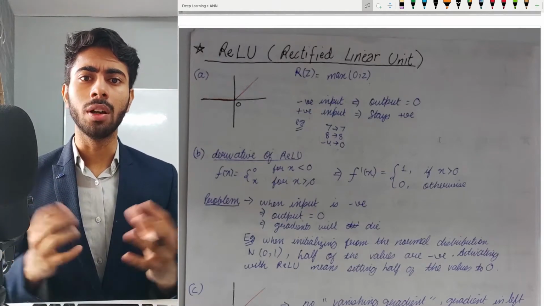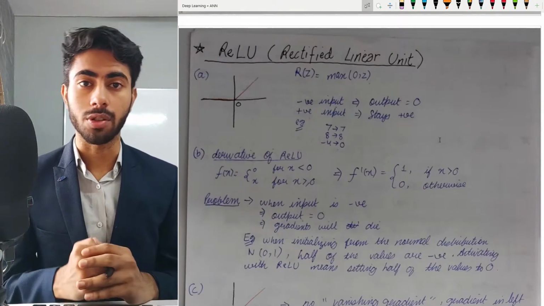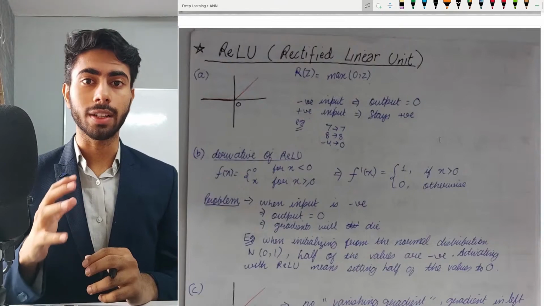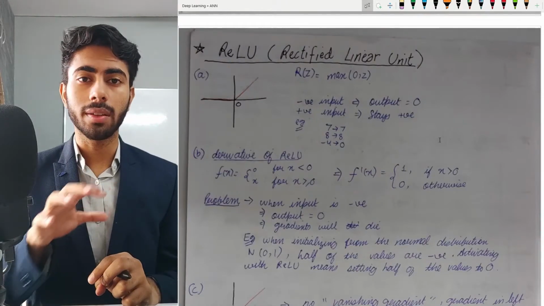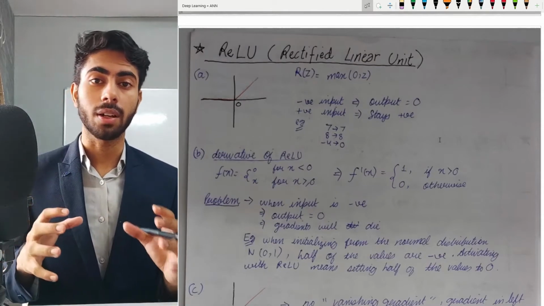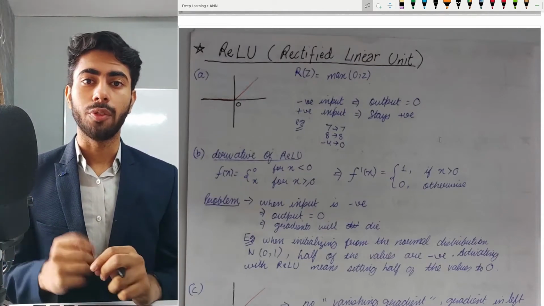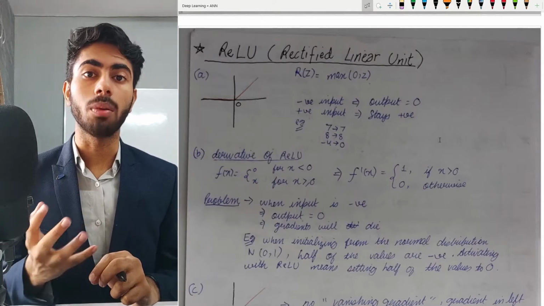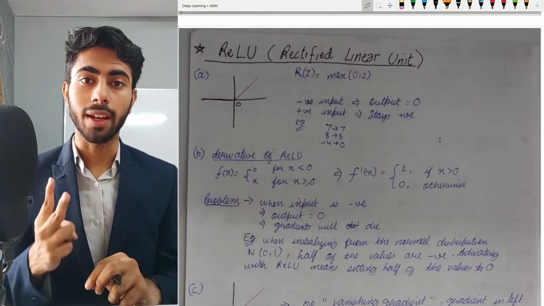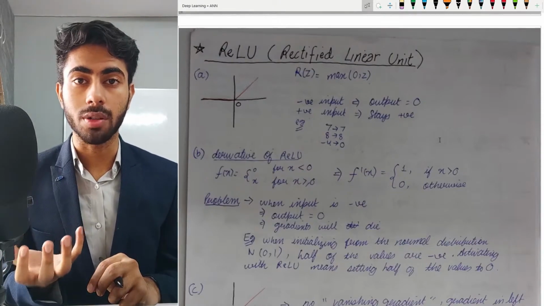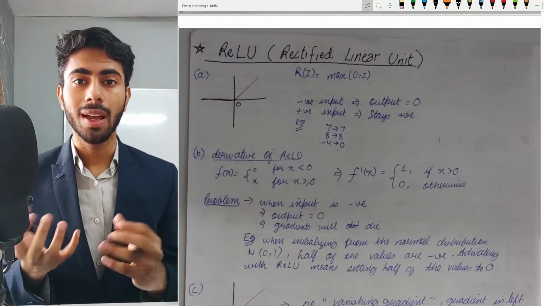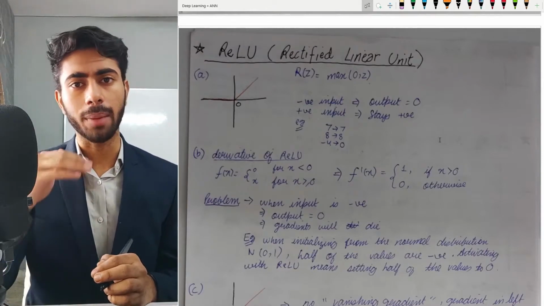So till now we have learned about sigmoid and tanh activation functions. Even though these activation functions are really good, there are some issues with them. Some of the disadvantages of sigmoid and tanh activation functions are: first, both of them face the problem of vanishing gradients. And second, since both of these activation functions involve power operations or exponential terms in their formulas, they are relatively more time consuming.